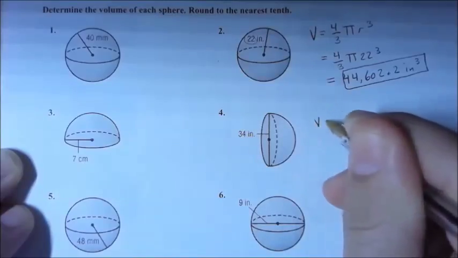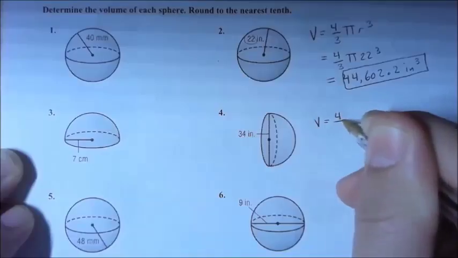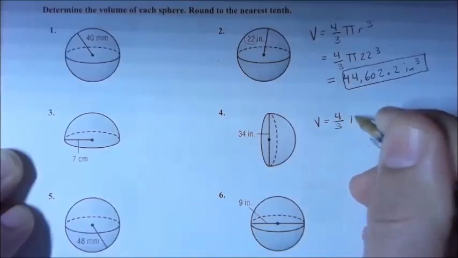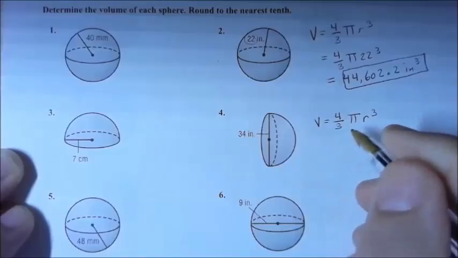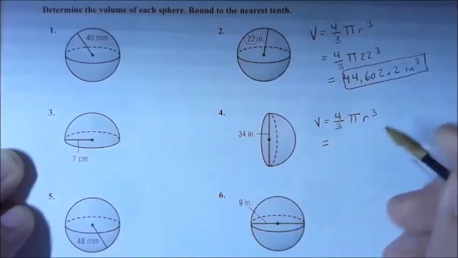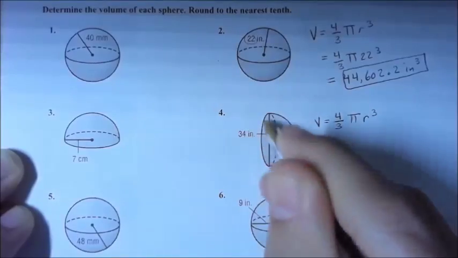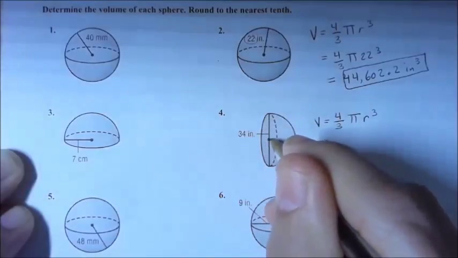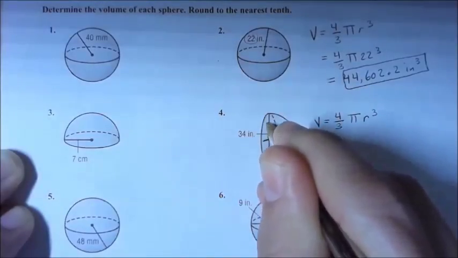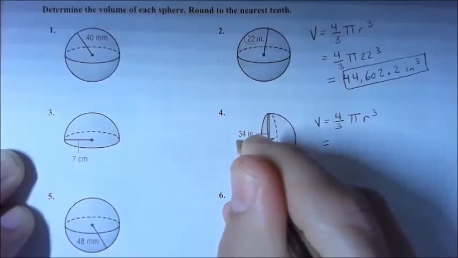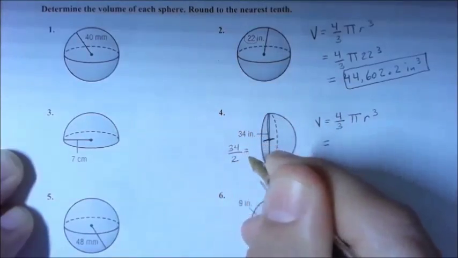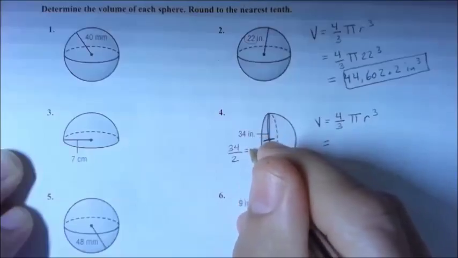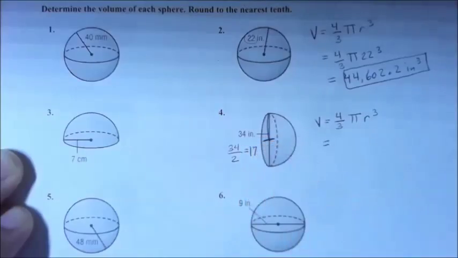We're going to say V is equal to 4/3 times pi times r cubed. And let's go ahead and plug it in. So notice this is a diameter, right? So we've got to cut it in half. We only need the radius. So that means we need to take 34 and divide it by 2, which is going to give me 17. So now that I've got that,